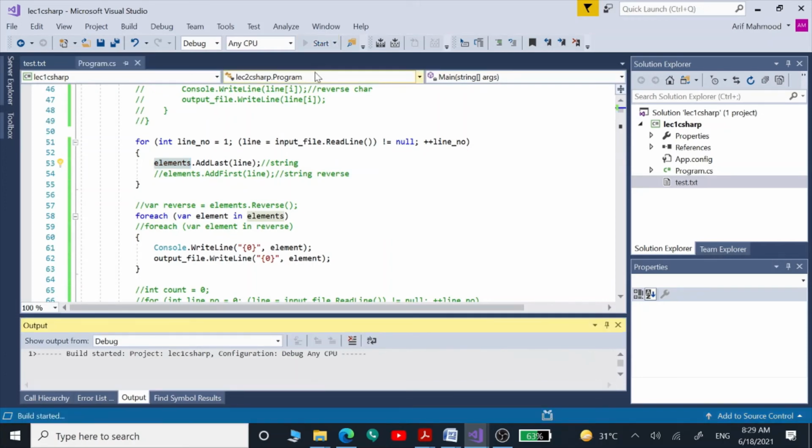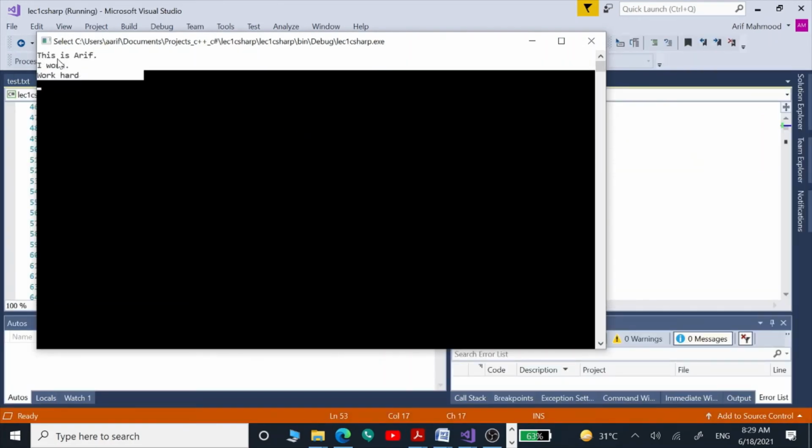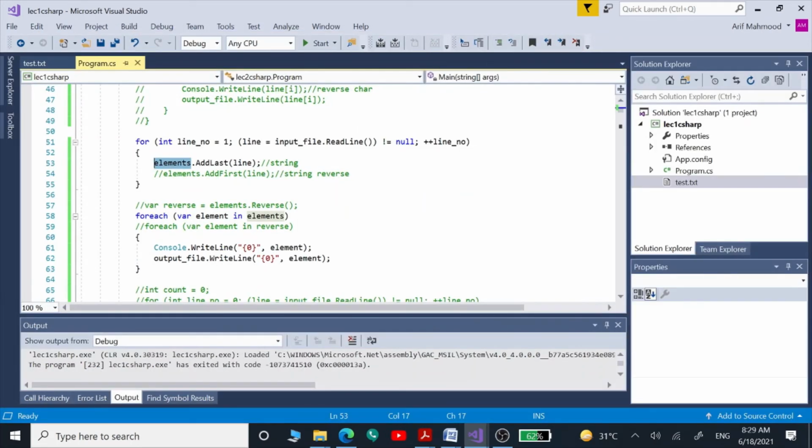So let's build and run this program so we can see whatever we stored inside our linked list in the straight order, right? And then if we are going to reverse our list, we can put whatever we are trying to put inside our linked list in the reverse order using this add line, put here in the reverse order and then display those here. So let's build and run this program and see.